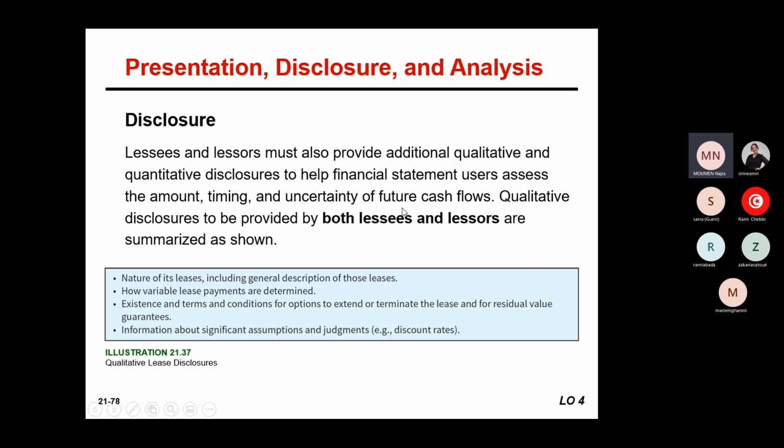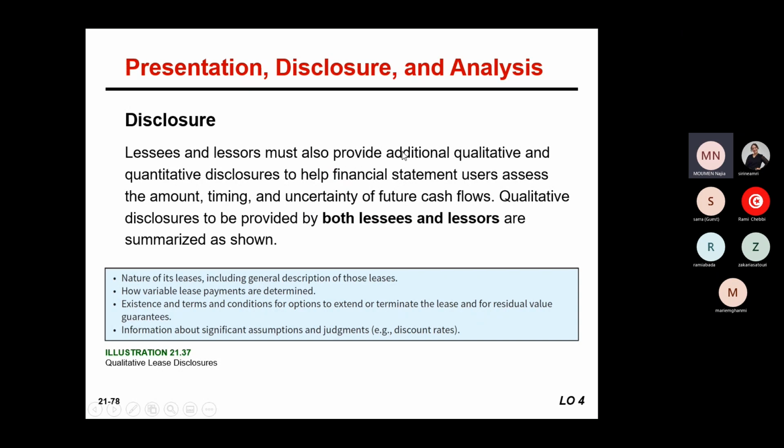So that's, of course, the general objective of providing financial reports. The objective of financial information is to help users assess the amount, timing, and uncertainty of future cash flows. And because the lease payment, or the lease receivable, is an important future cash flow,